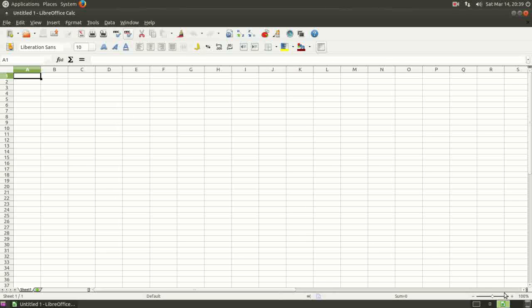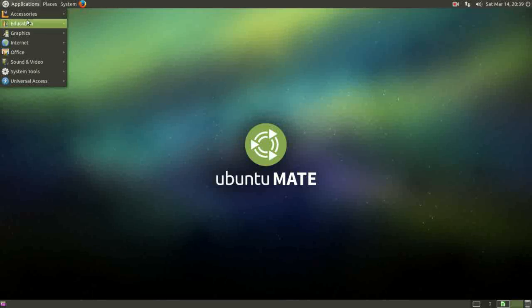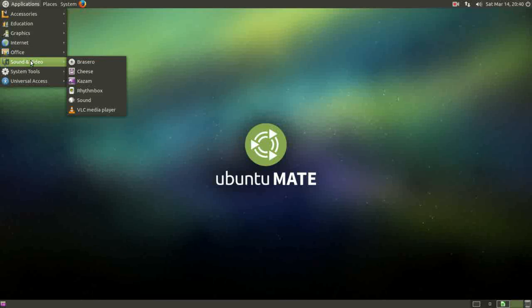Let's go down to the fourth workspace, and I'm going to go back to Applications and look under Sound and Video, because here's some more things that people would use their computer for. Playing music or listening to CDs, Linux has something called Rhythmbox. This is similar to iTunes. If you want to make a custom CD or copy a CD, use Brasero. And to play movies, we've got the VLC Media Player.